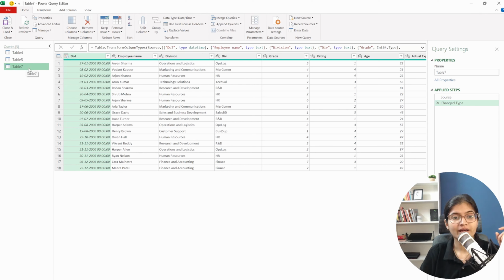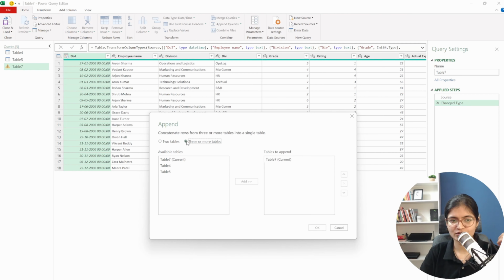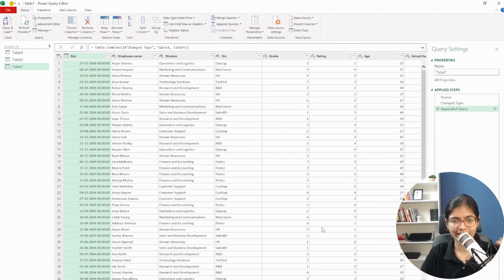So now let's suppose that I have these 3 tables, these 3 files available with me, having the actual expenses of different years. I want to append now. As soon as you click on this append, you can integrate the files together. So here I have 3 files. Whenever you have 3 or more tables, you can click on the second button. Table 7 is already there to append. We want to append table 4. We want to append table 5. Click on OK. And as soon as you do this,